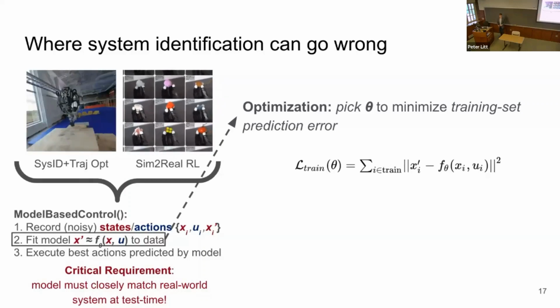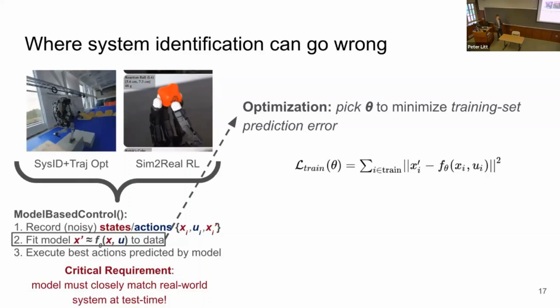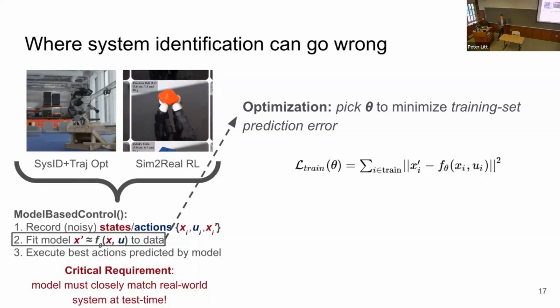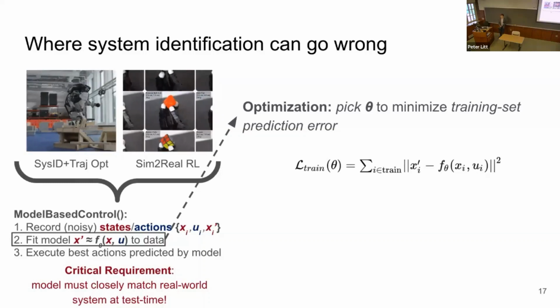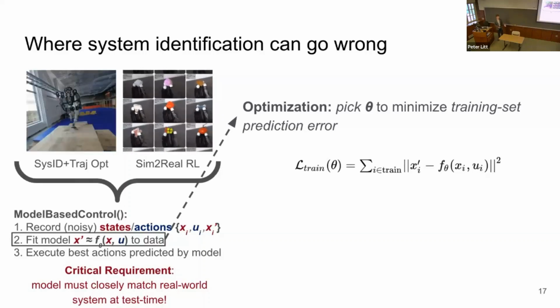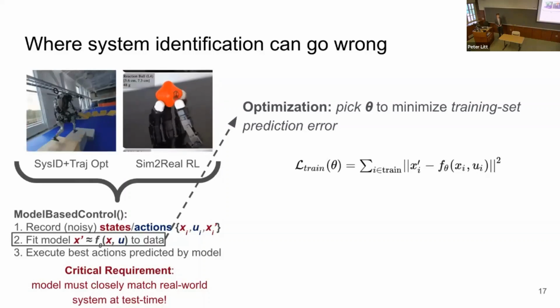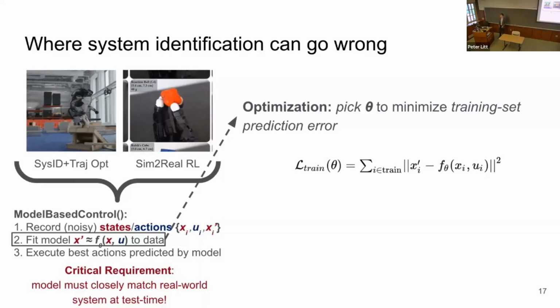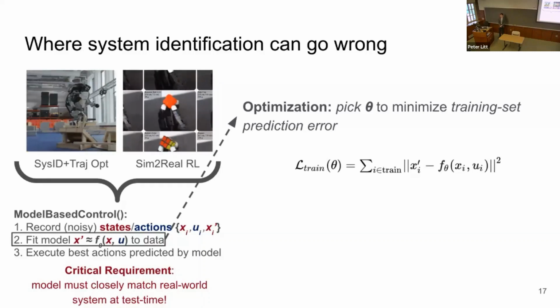And generally, when we're thinking about fitting predictive models to data, we think about the quality of this fit in terms of prediction error. So we take the initial condition in the data, we simulate with our model forward in time, and we compare it to the final condition observed in the data set. And the discrepancy between these two is an error that we would like to minimize. By some method, we'd like to find parameters theta that make this error small.